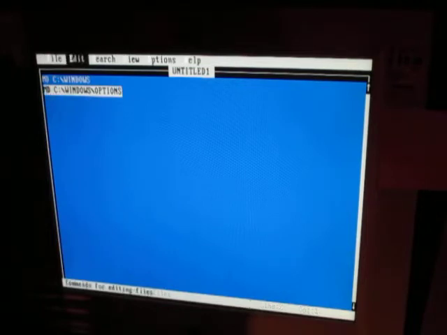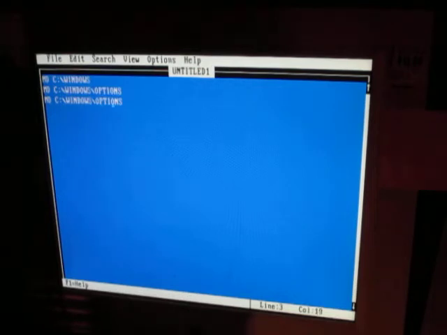So we will do md C Windows copy paste options, highlight it again, copy and then paste, cabs,